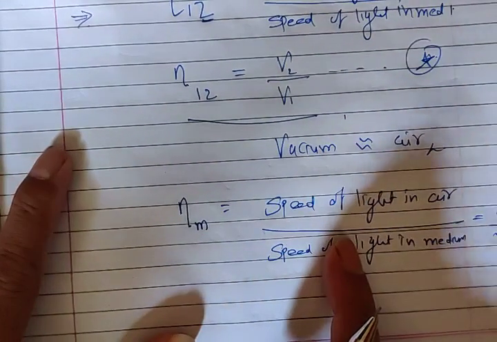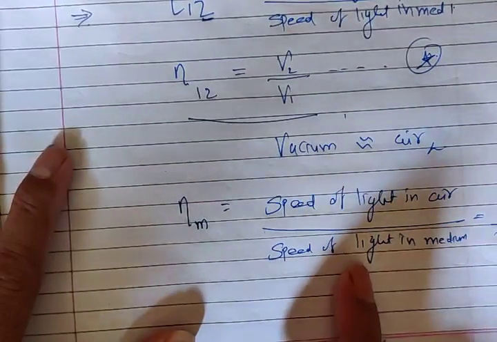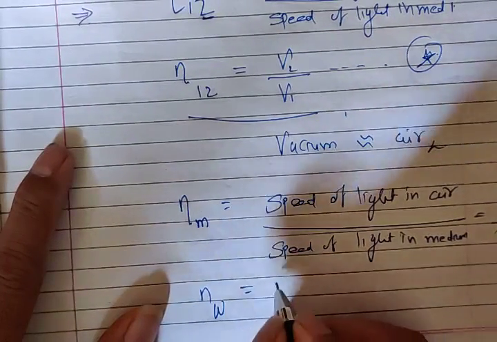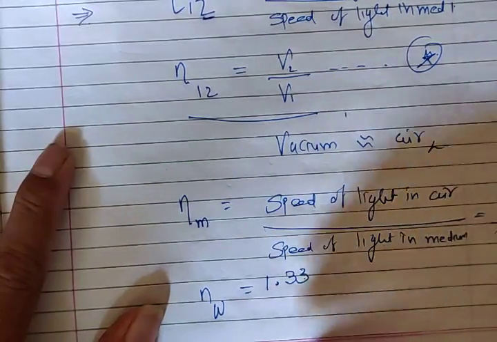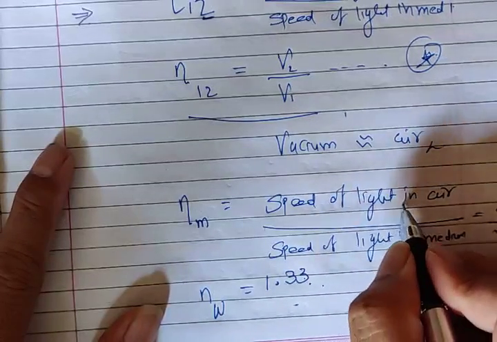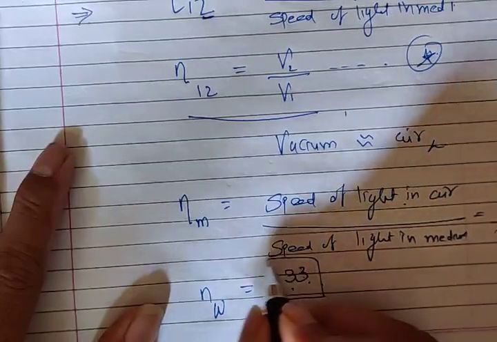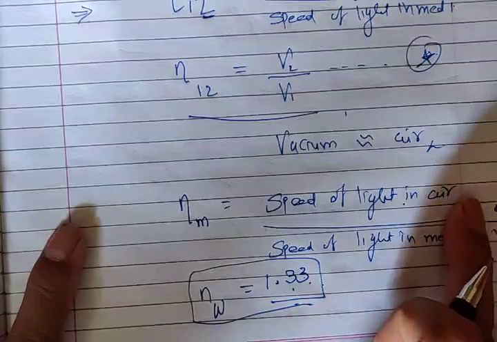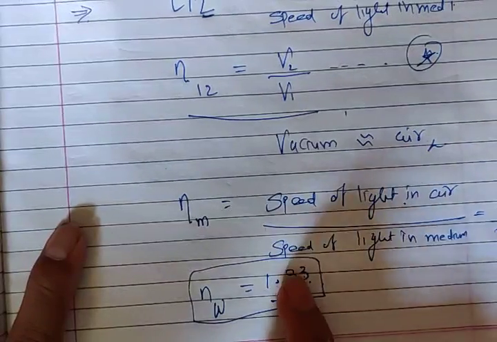So if I compare these two particular things with a different medium, then I am going to get the value of these things. If I consider water, so n of w, I am going to get the value 1.33. This means that the ratio of speed of light in air with speed of light in water is equal to 1.33. स्पीड ऑफ द लाइट तो फिक्स है. नाउ स्पीड ऑफ द लाइट इन वाटर, अगर मैं वाटर ले लेता हूँ तो के कंपैरिजन में value will come